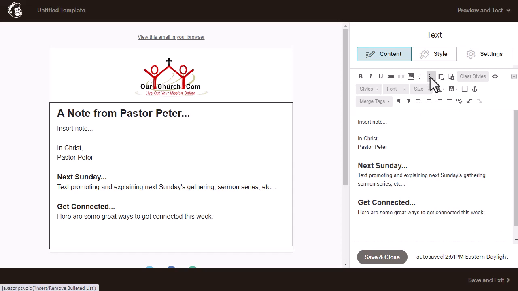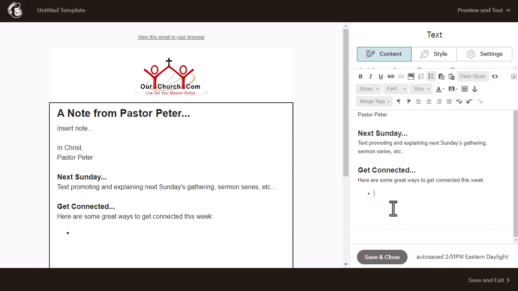And then you can list these events that are coming up or groups that are starting. Let's say another priority of ours is praying for one another. Let's put in prayer requests. For our next section, we'll make it a heading,